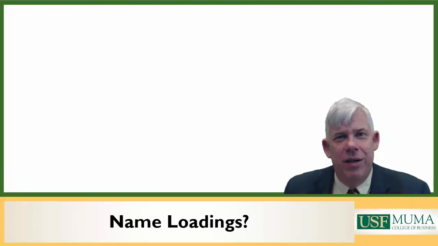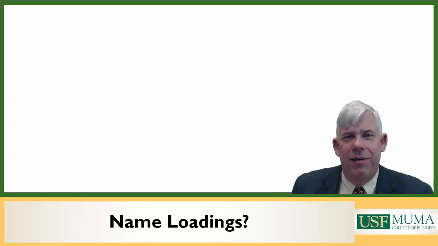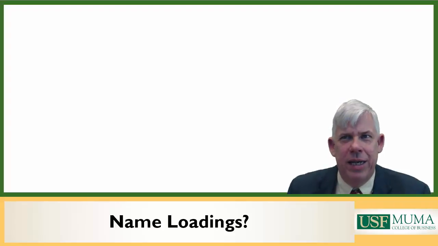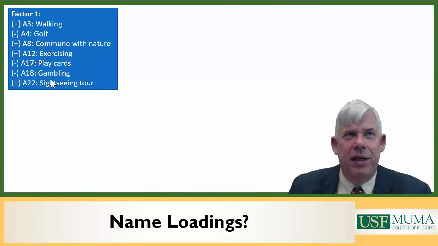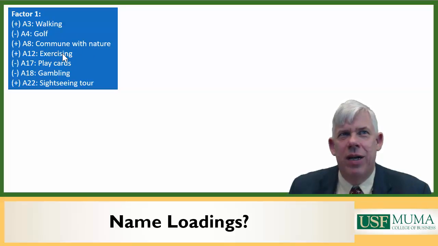What we did during class discussion was just to take a look at some of these factors and toss out some possible names. And principal component analysis might not be the best tool for identifying factors. There's another tool called factor analysis, which I'll talk about, which a lot of researchers often use. But this gives you the kind of big idea. So we look at the first factor, and all I've done is basically listed all the things that were highlighted on the previous page. It has a positive walking, communicating with nature, exercising, negative on playing cards, gambling, and golf,